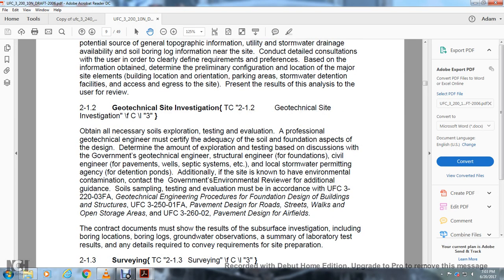soil exploration, testing, and evaluation by a professional geotechnical engineer to certify the adequacy of the soil for the foundation aspect of the design. Determine the amount of exploration and testing based on discussion with the geotechnical engineer, structural engineer of the foundation, and civil engineer. Consider wells, septic tanks, etc., the local stormwater permitting agency, and detention ponds. If additional sites are involved and known to have environmental contamination, contact the government environmental reviewer for additional